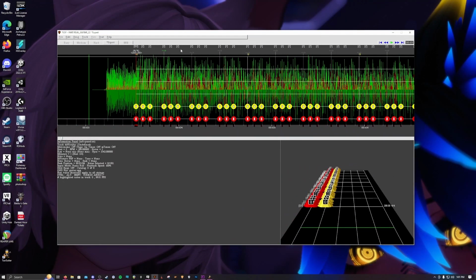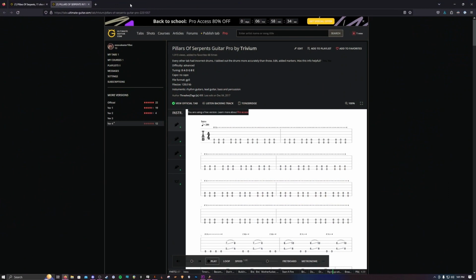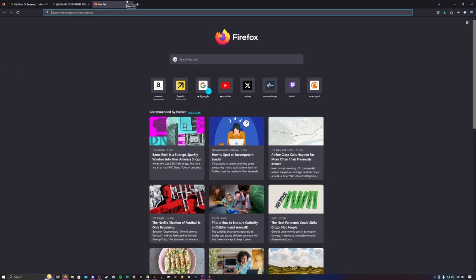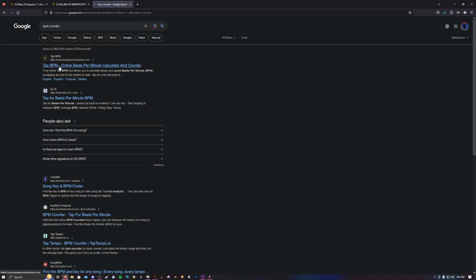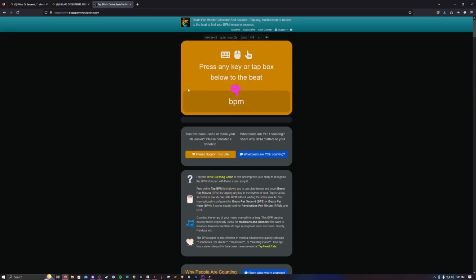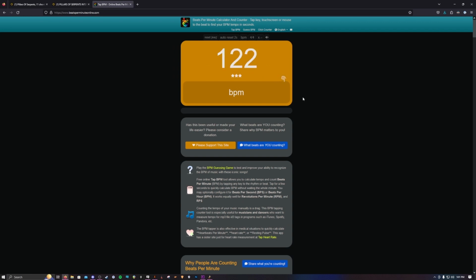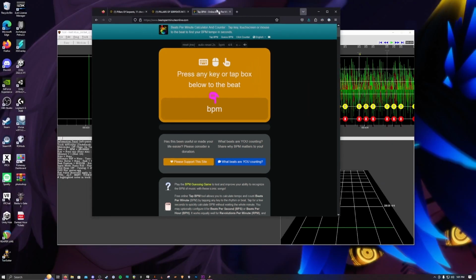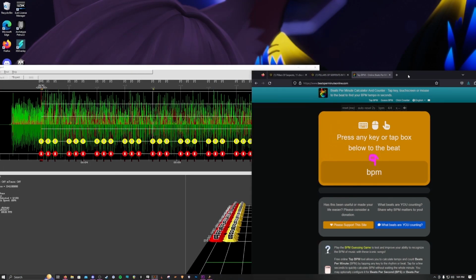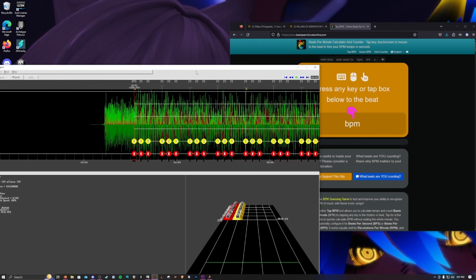So usually in this situation, what I would do is bring up something like a BPM counter. So you can go here and just search BPM counter. It's like this little tap thing. You click the button and it'll measure it out for you. So basically what you can do is play this and try to keep along. That's not always easy, but